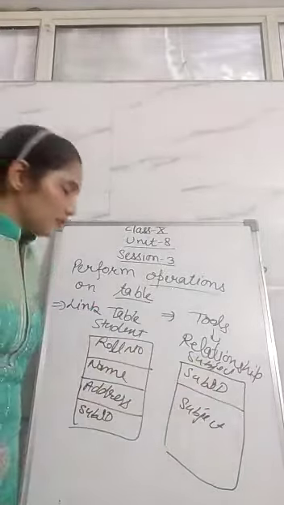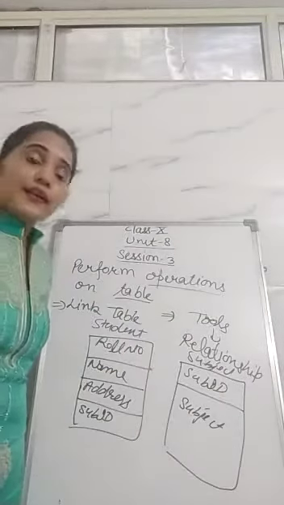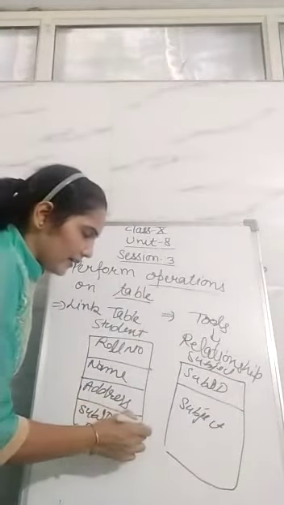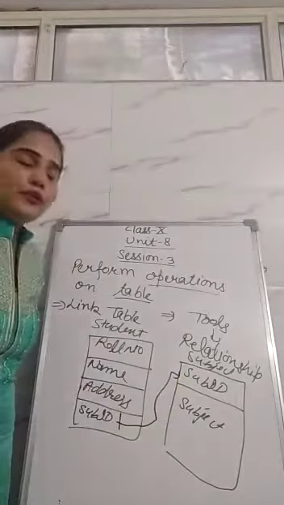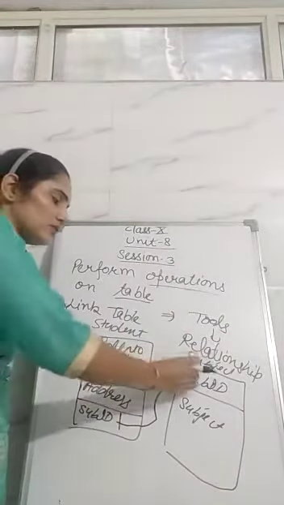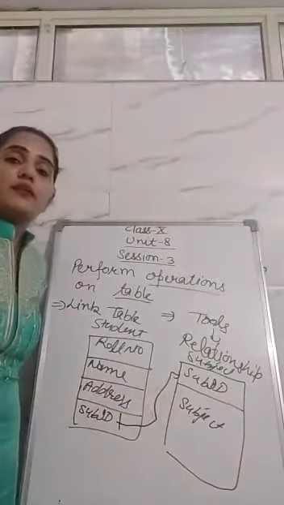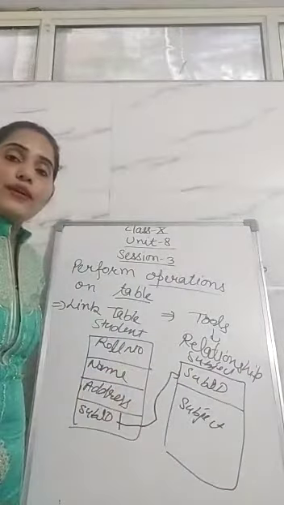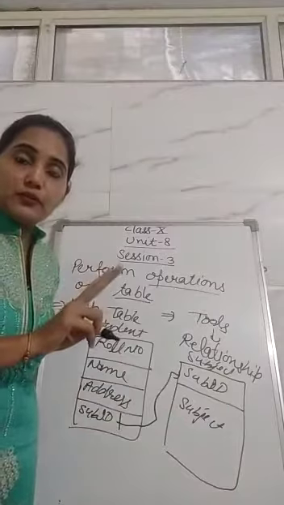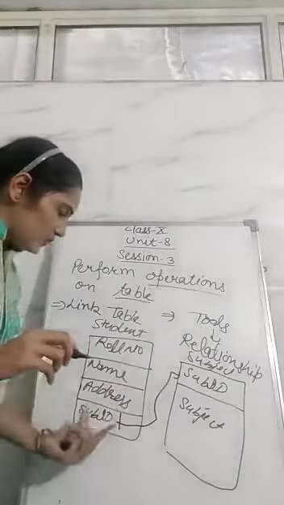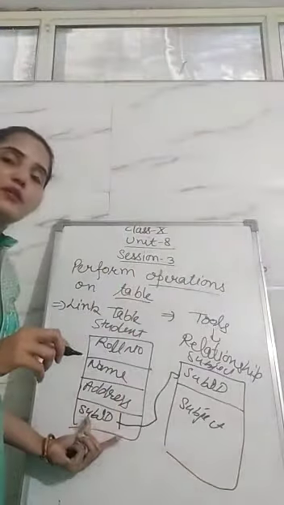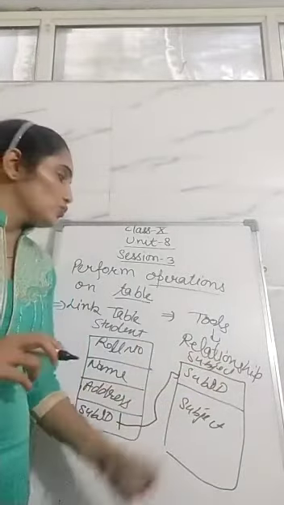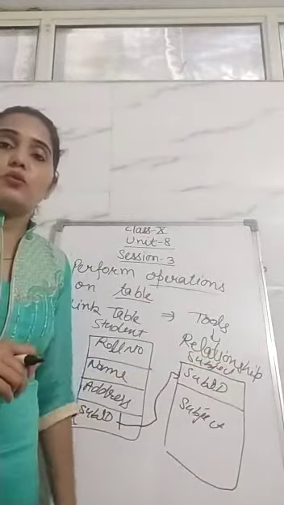Now I want to set the relationship between these two tables. How can I do it? Just click on this subject ID and then drag and drop it onto this table. When you drop the subject ID from this table to this table, this kind of line appears between the tables. This is called the relationship between the tables. How can we set it? First we have to add the two tables, and after that we click on any field of table 1 and then drop that field onto the other table, by which we can set the relationship between two tables.